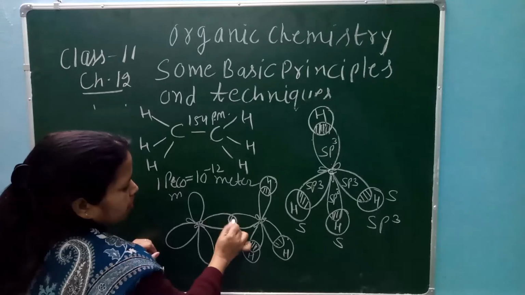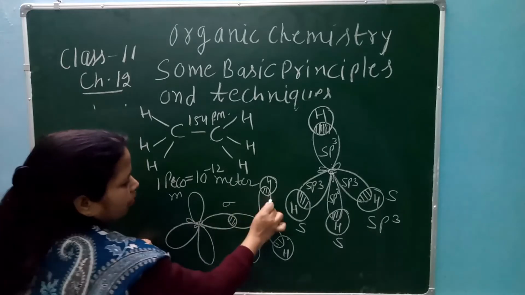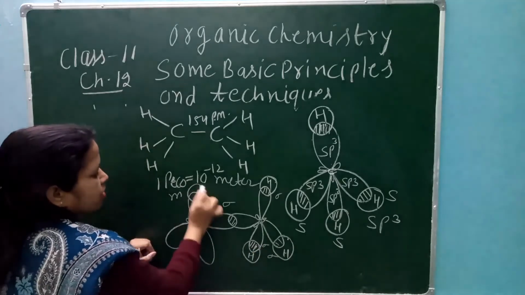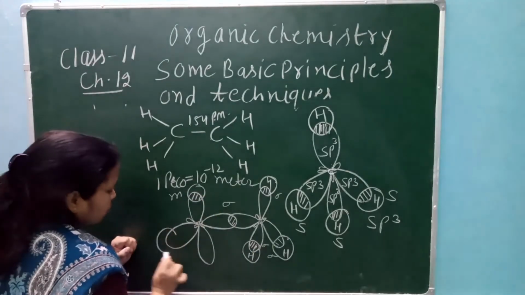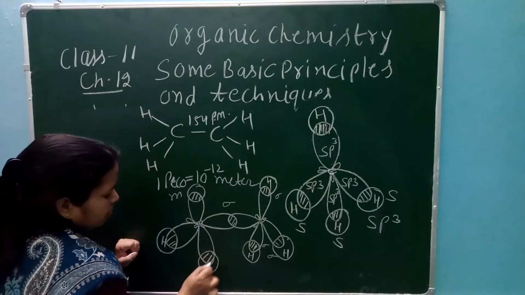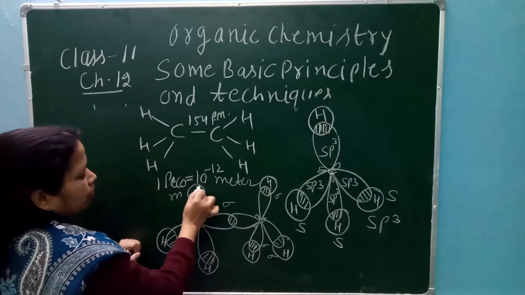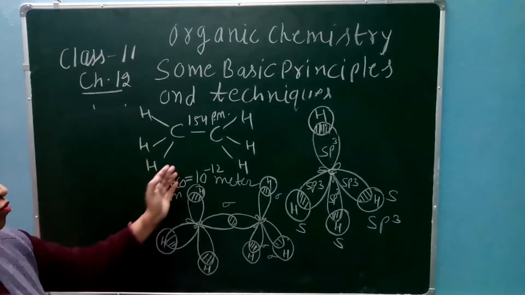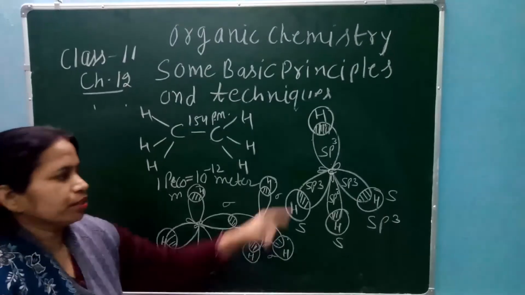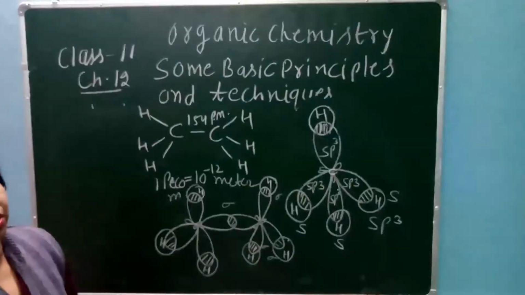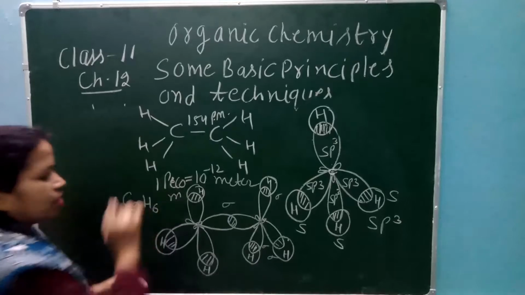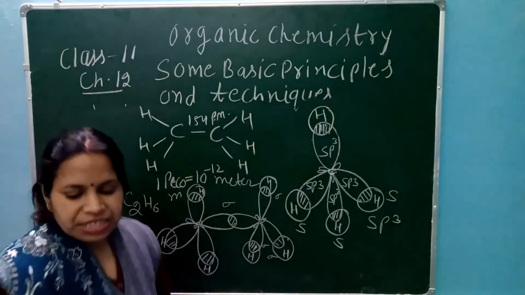Carbon carbon overlapping, this is called sigma bond. All are sigma bonds. Hydrogen here again, hydrogen overlapping with hydrogen, hydrogen. So clear how to form the molecular orbital diagram of alkane. This is methane and this is ethane. The condensed formula is C2H6. Now it's clear.